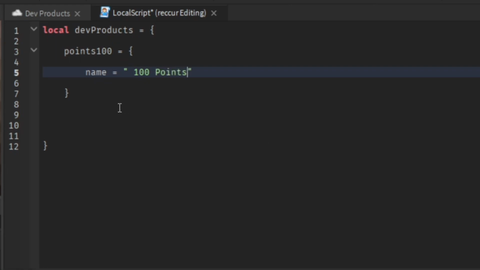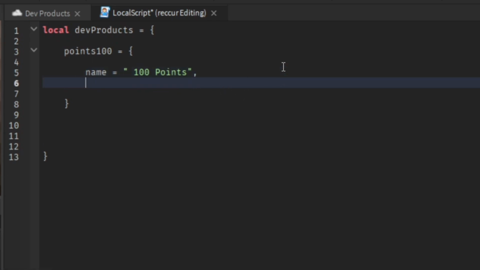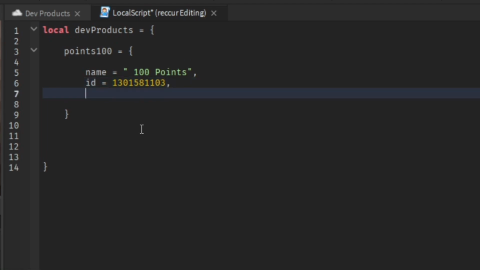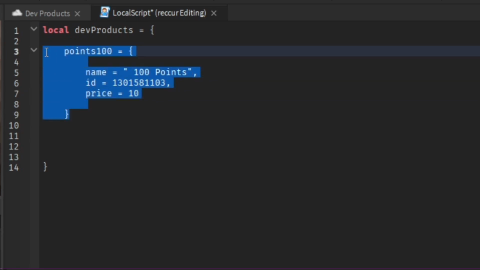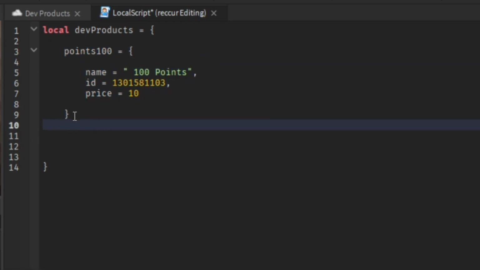We have a name for it, right? Then we have the dev product ID that we copied. So ID equals, and then whatever ID. So it should be this one right here. Right, so copy and paste this. What else do we need? And then the price. So what's the price of it? Price equals 10 Robux. I think so. That was right. Okay, all right, and that's pretty much it. We're done. So now you just copy and paste this for every other